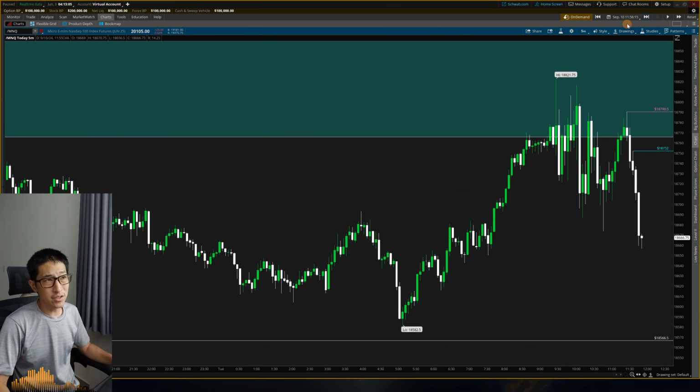Like 1, 2, 3 fair value gap. I'd probably have to have my stop all the way up here. That's just not something I'm willing to do. If we take it out right here during lunch, then that's pretty much it. But if there's a retracement, there will be an opportunity in the PM session to take a short, aiming for those equal lows.